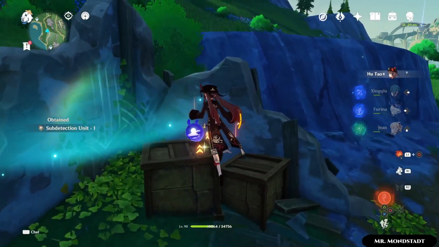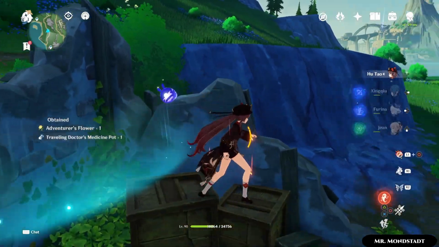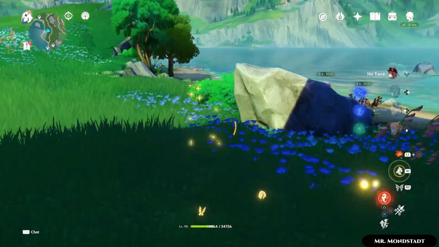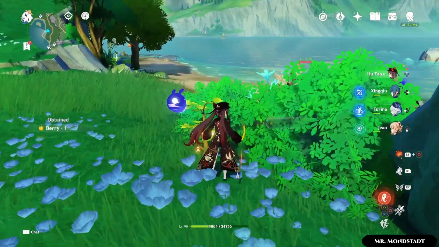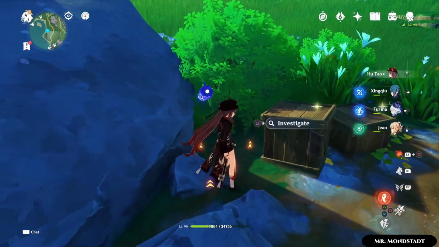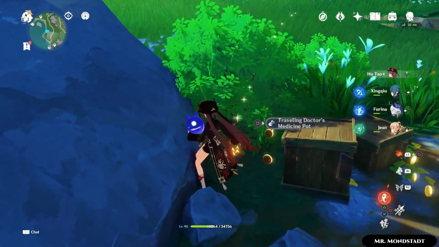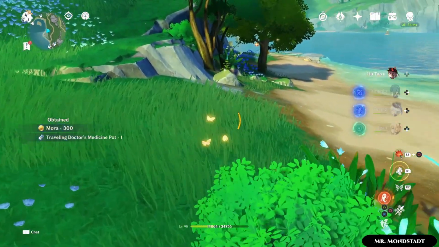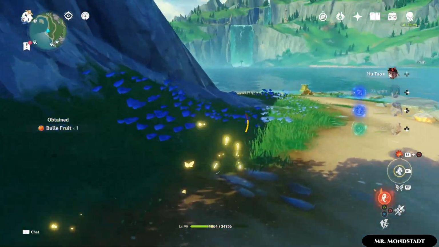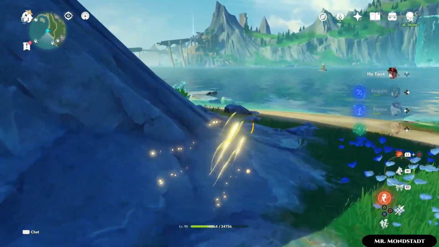And this one is an artifact, or to be more precise, 2 of them. Then go to this location. There are 3 berries, why not? And then there are 2 more boxes, the first of which, I think you know the drill by now. So once you got this one, you keep moving forward,